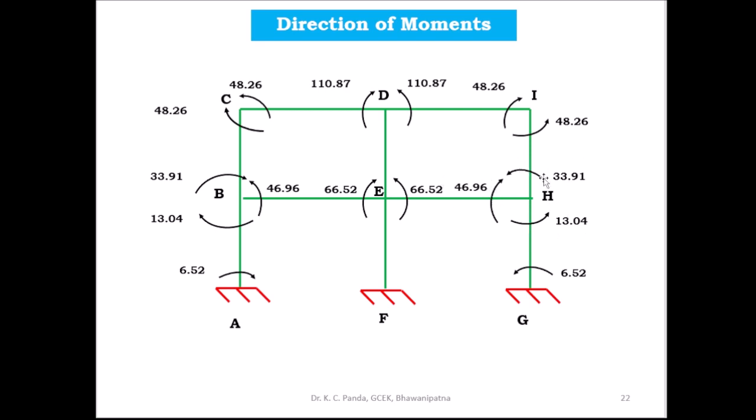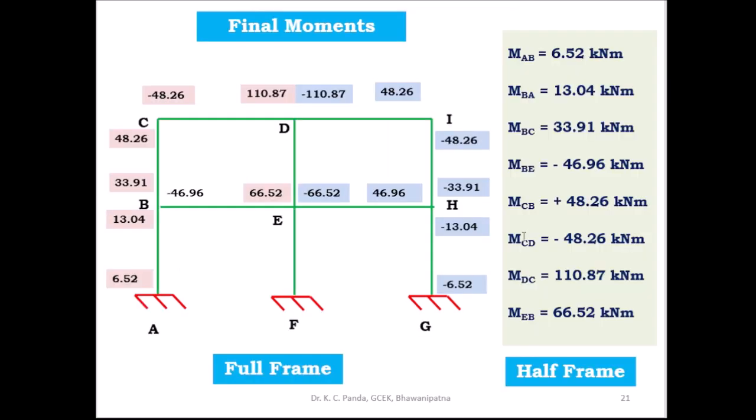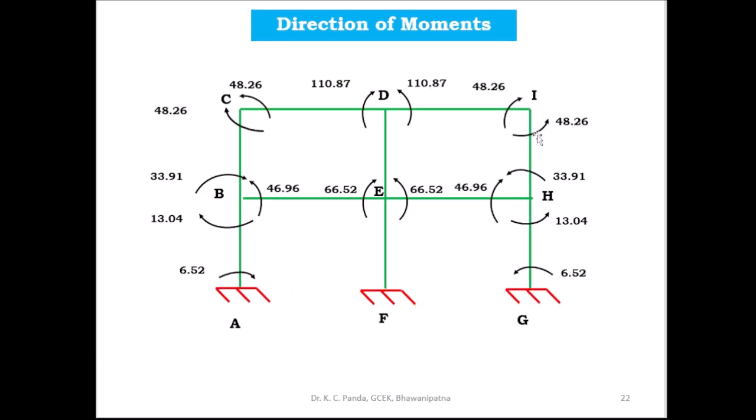These two are anti-clockwise and this is clockwise. Negative, negative, anti-clockwise, and this one is clockwise. And here also this is anti-clockwise and this is clockwise. These are the directions of moments. Then after knowing the direction of moment, you can draw the